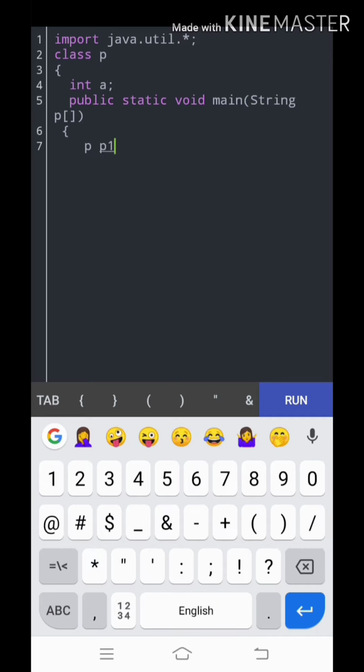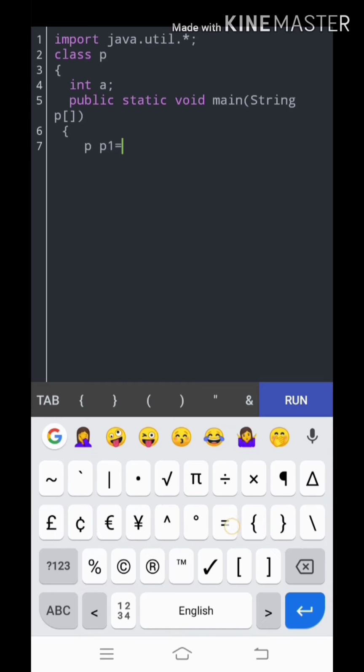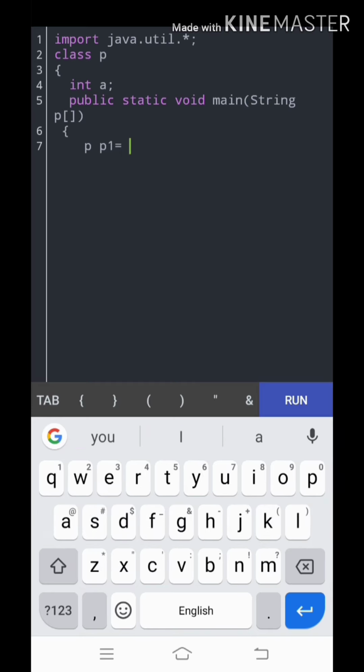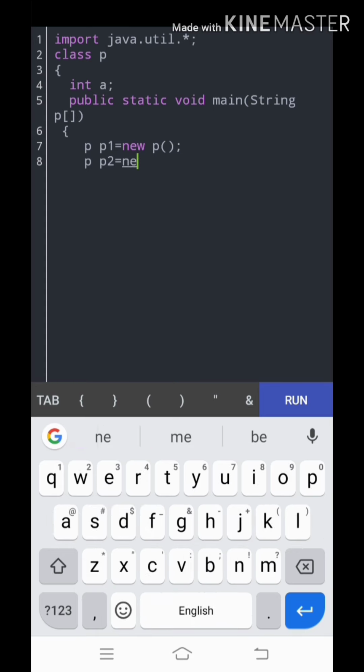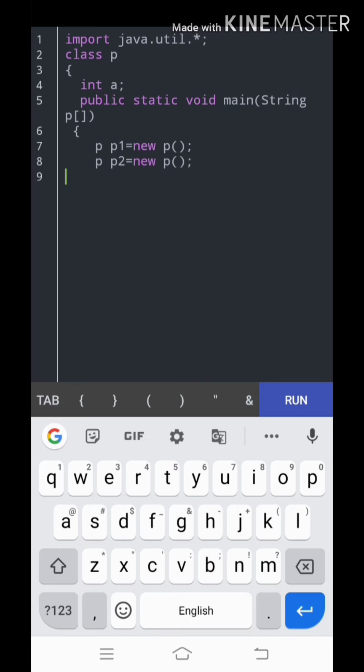So p p1 equal to new p. One object was created and I am going to create another object, p p2 equal to new p. So two objects were created.